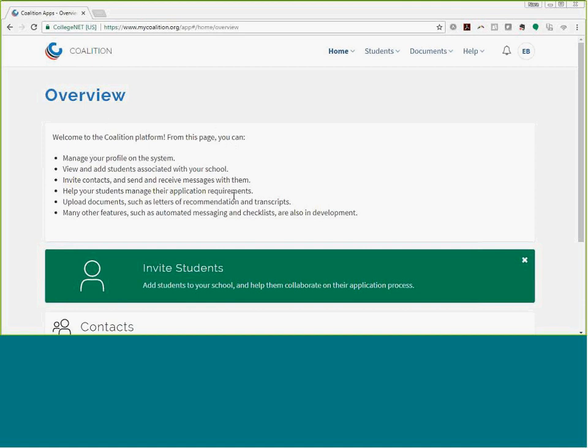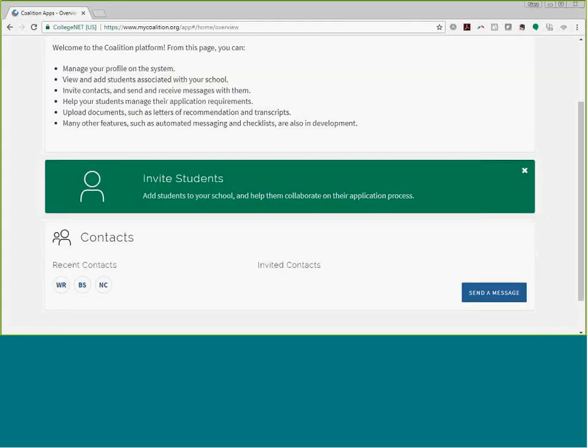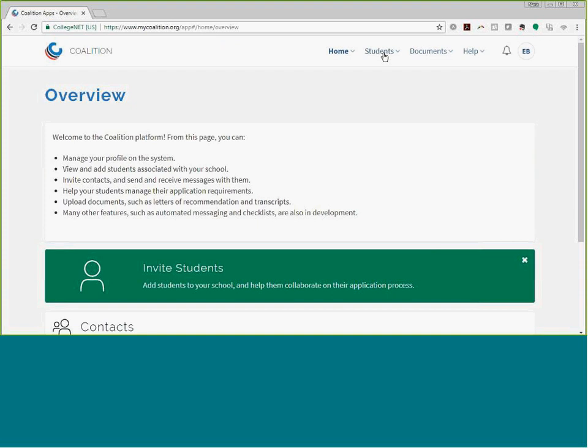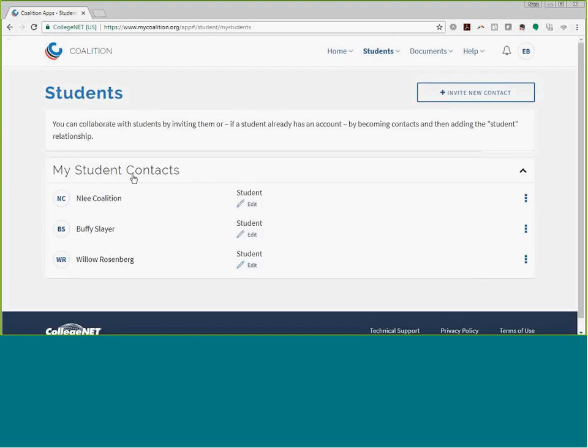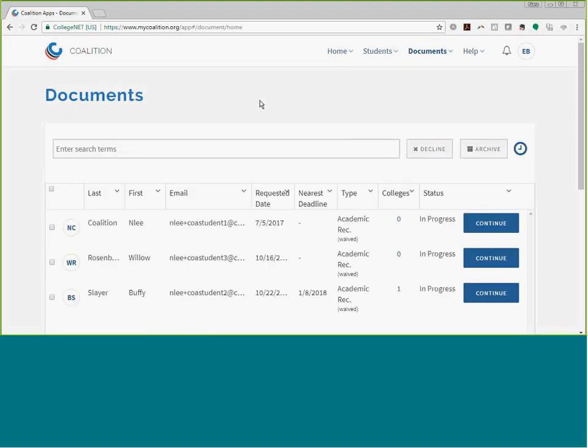Log in, and this is what you would typically see when you log in: your opening page that shares some of the features of the platform from the teacher faculty side. You can invite students to connect with, and you can see the contacts on that first page. You can also go to the students section, look at my students, and see all the students that you've connected with already. And it's under this little bell heading next to your initials where you'll have new messages or new invitations to connect. I don't have any,